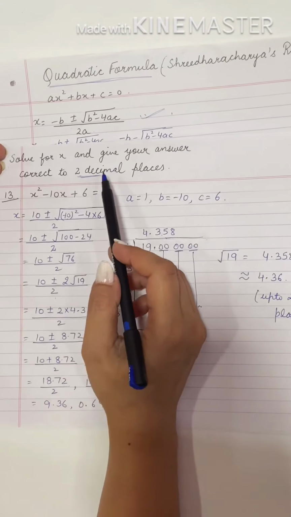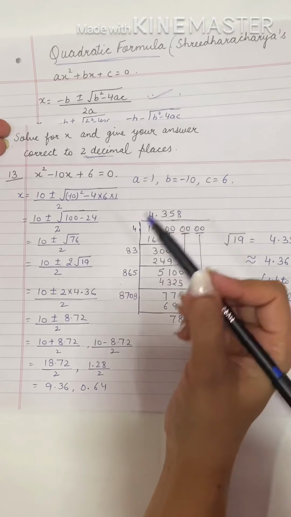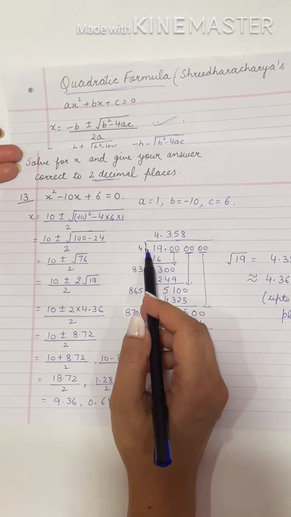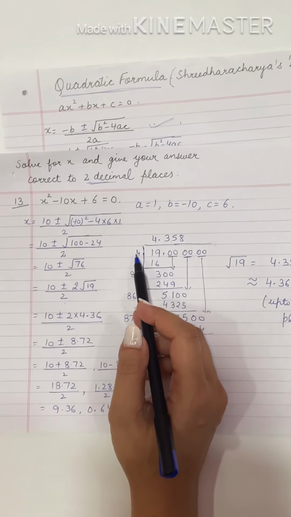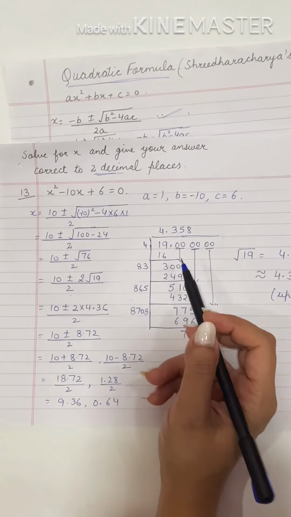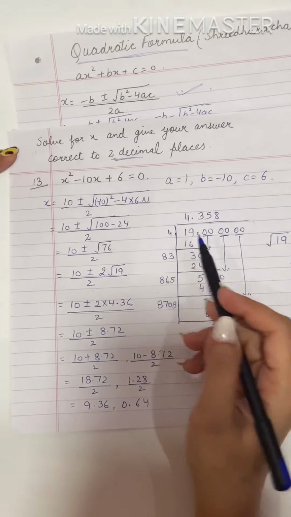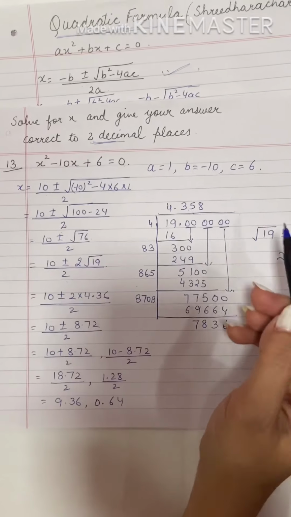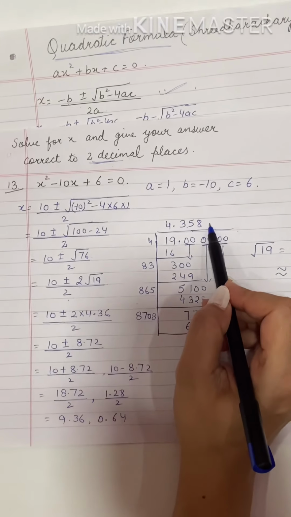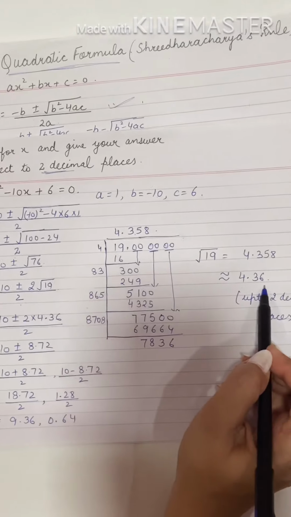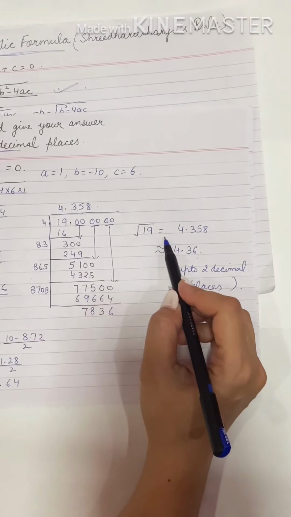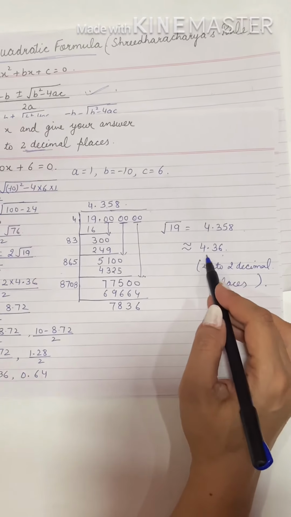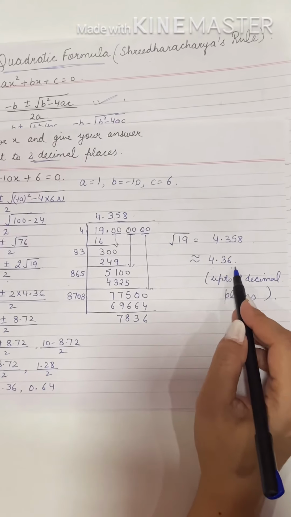Now in the question they have asked to give the answer to 2 decimal places. So the next thing will be to find the square root of this 19, and we are going to find it with the help of the long division method. I have calculated here the square root of 19. They ask you to give the answer to 2 decimal places. So in that case, we'll be finding the value up to 3 decimal places and then we are going to round it off. Like in this case, under root 19 is equal to 4.358 up to 3 decimal places. When we are rounding it off, it will be 4.36.